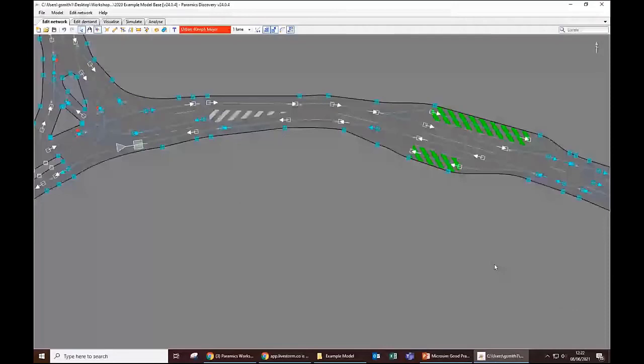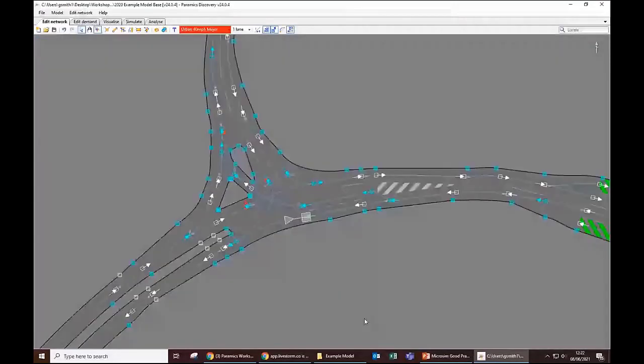Now, one thing that comes up a lot when we do a review or an audit is lane points at giveways or at signals. So if I take this, for example, this is a giveaway point here to this main road. And what you want to see is these lane points, which will be where the vehicles actually stop as they give way, in the correct position for where vehicles in reality do stop when they're giving way. So I can see this is very close to the main road because vehicles pull right up to the giveaway point to look for their gap. The reason this is important is because